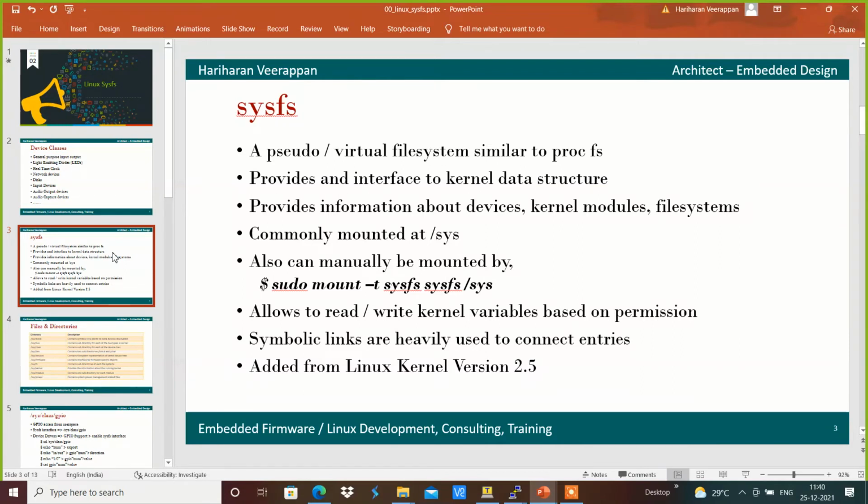attribute, which has something like LDD show and LDD store: show to read the value, and store to receive the value and store it into the kernel. This is done with the help of kernel object attributes, provided by the kernel sysfs environment, which contains different directories.